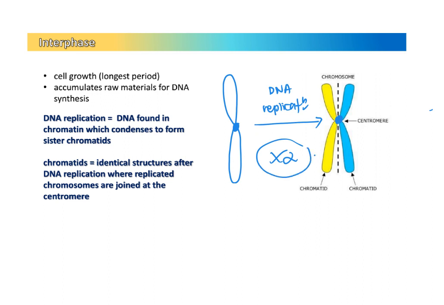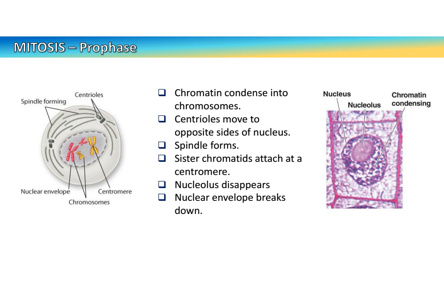Okay, so generally now you should be very clear how we actually explain what DNA is. It is basically found in chromatin, which will condense to give you sister chromatids during interphase. The chromatids are sister chromatids because one of them has become two during DNA replication. And officially, how we count the number of chromosomes is we look at the number of centromeres that we have. Moving into mitosis,